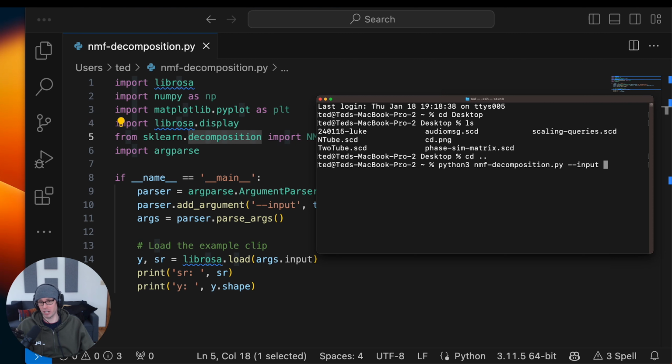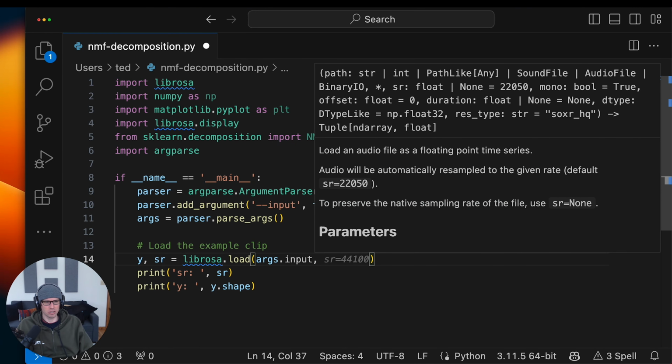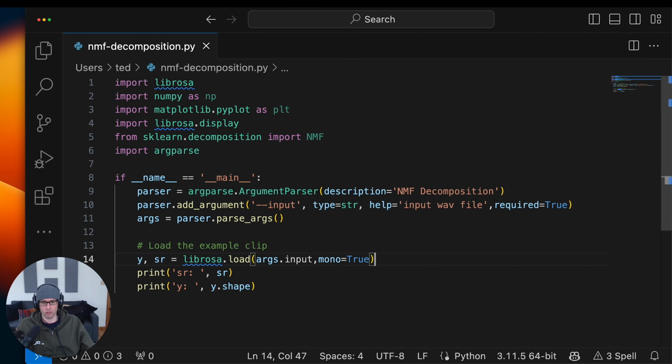It'll be a mono sound file, which will be good. And we know that sound file, so we kind of know what we're looking for. We can know what we're trying to achieve when we hear it. Also, there's an argument in here, mono true. And what this will do, I don't know if it just takes the left channel. I think what it actually does is it'll sum a stereo channel to mono and then give us that information